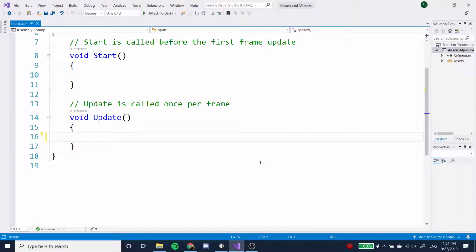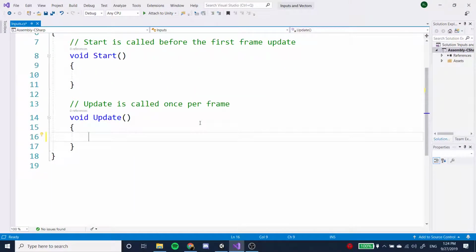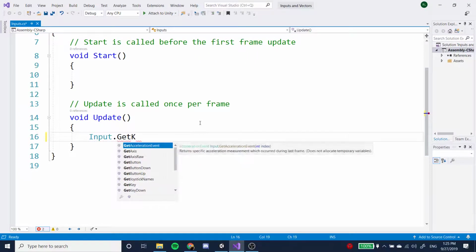Okay, so you should have this empty program for C#. Just a quick review from the C# lesson: this update function, which is placed into your program by default, as you can see in the comment, is called once per frame. So this update function continuously keeps running that piece of code. One of the methods of the input class that allows you to press keys is get key. So if you type input to access the input class, and then get key,